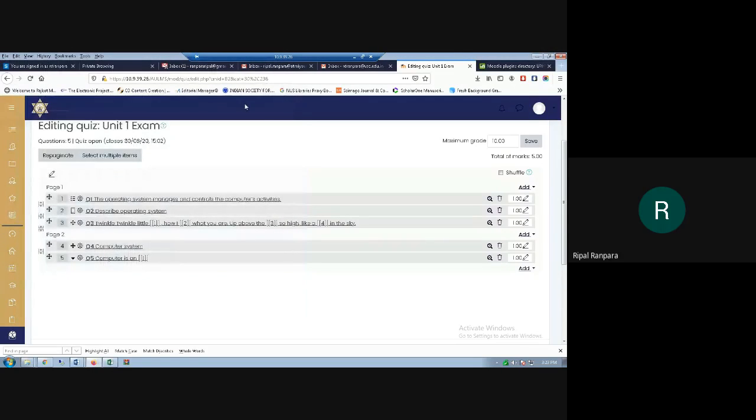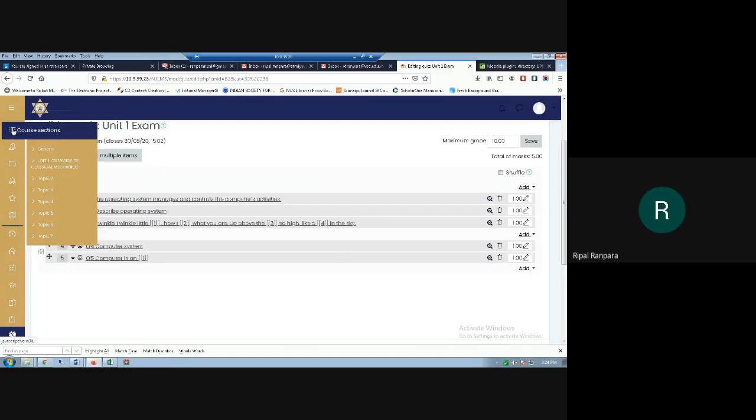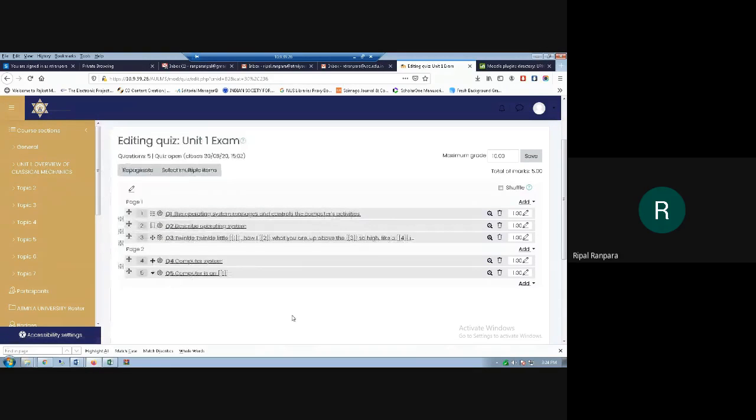The most important thing I want to share here is that right now we are taking lectures online via Google Meet or Cisco WebEx. But in Moodle we can also set up Google Meet or Cisco WebEx.